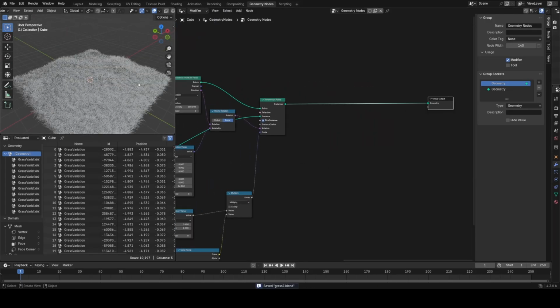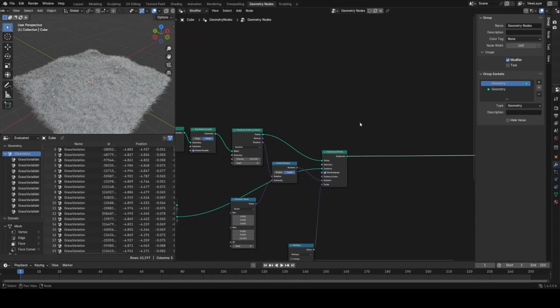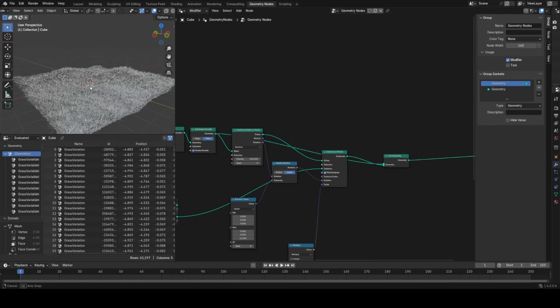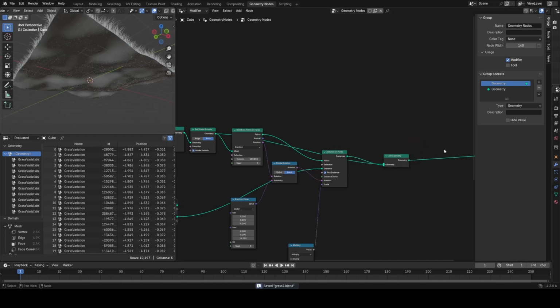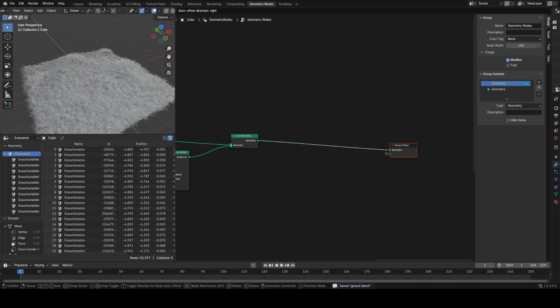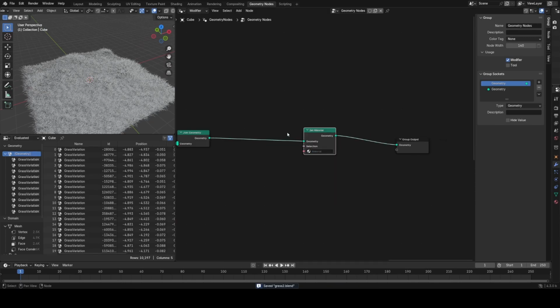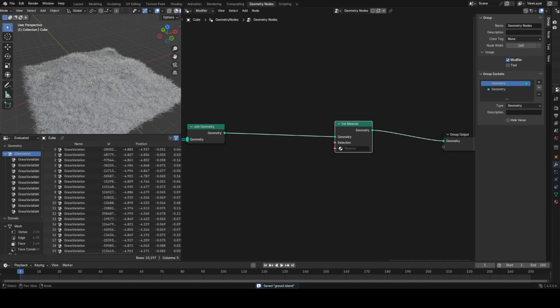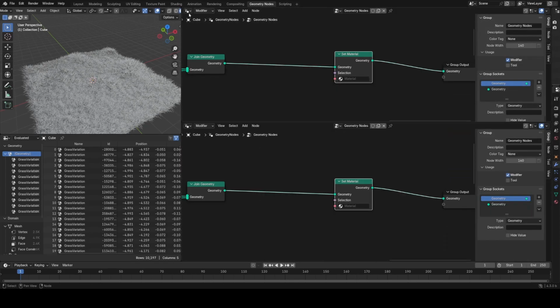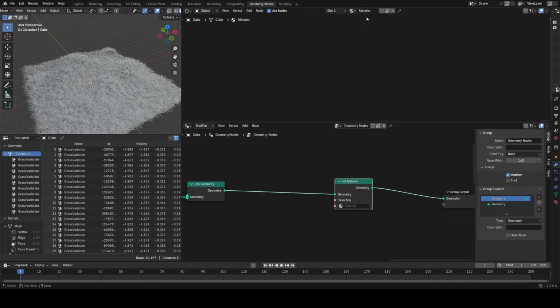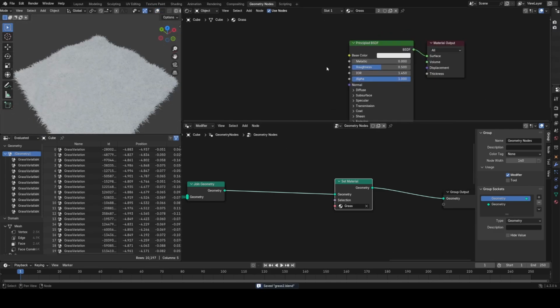Now all that's really left to do is rejoin our original plane. So drop in a join geometry, plug that back in so we have that at the bottom like so. And let's go ahead and give this a material and a color. I will open up a shading window in addition to this geometry nodes window, and I'll just call this grass. Set that in here, and if we go into material preview mode, I just want to give this a nice